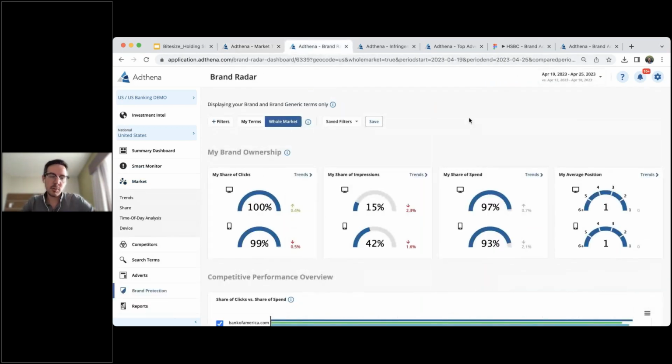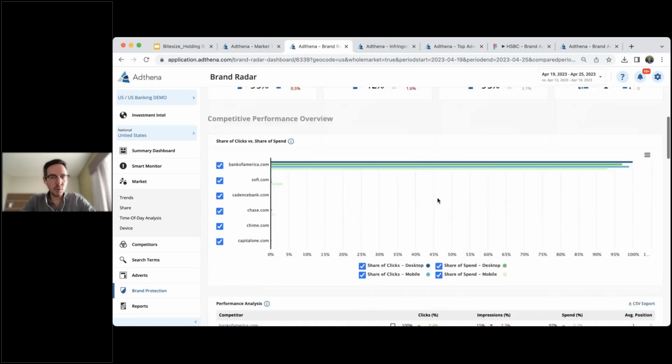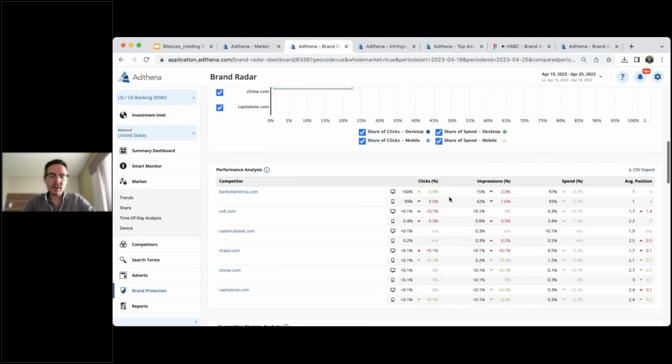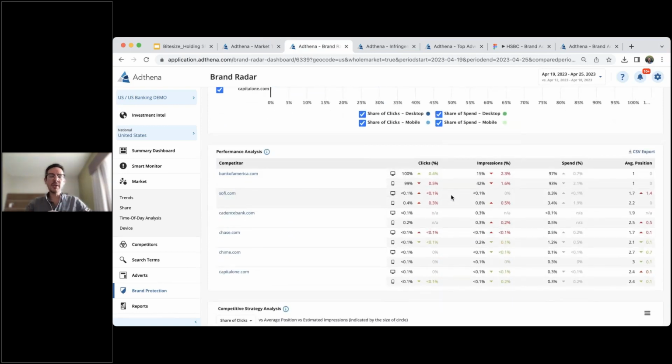Brand Radar is going to display information on those brand and generic terms to show you your overall ownership on share of clicks, share of impressions, share of spend, and of course, average position. Split between device type with our helpful icons of desktop and mobile, you'll be able to see how your data set is trending over time, which competitors are moving into that space and at what scale, as well as competitive